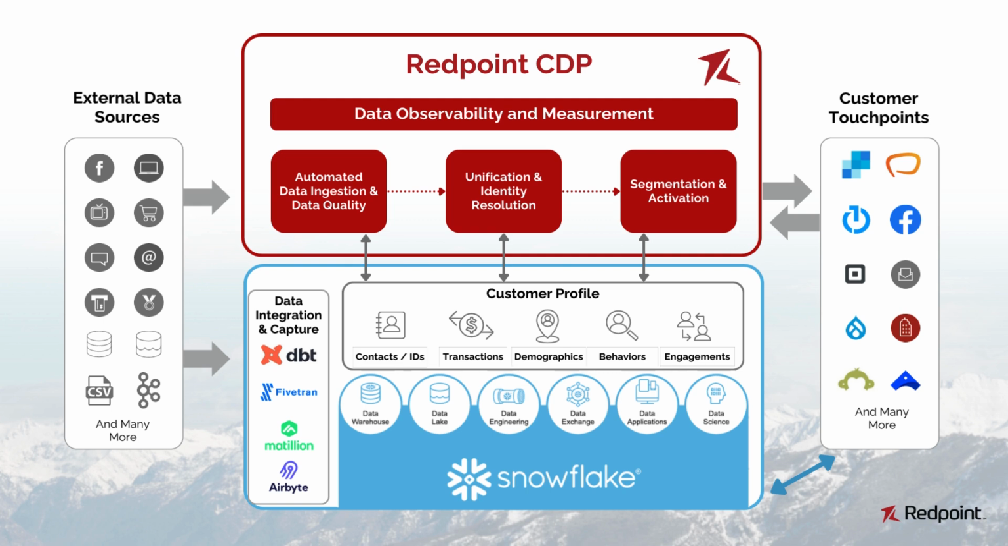So that's a really key arrow down the bottom there. It's showing how the Redpoint CDP is working completely with those customer touch points and those destinations and those sources to feed it back into our system. If data is being fed back into Snowflake already, that is then accessible by the CDP for the process that we have, automated data ingestion, data quality, through to segmentation activation, all being